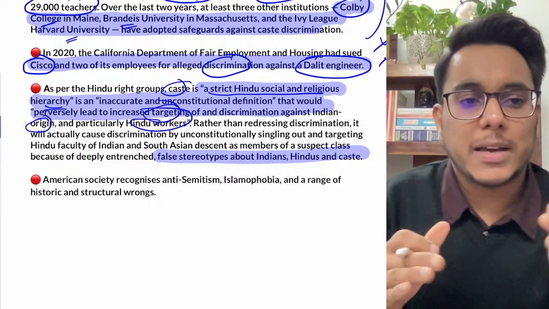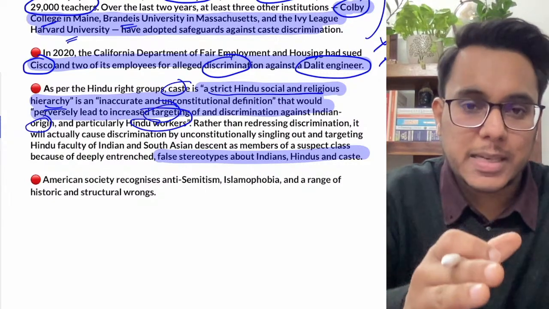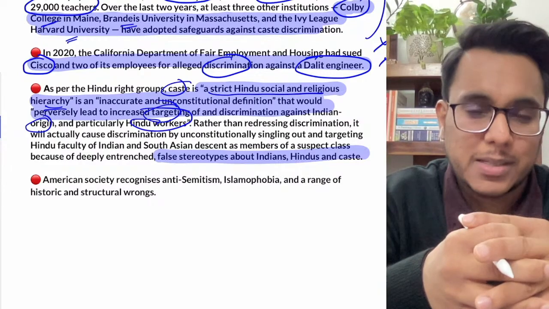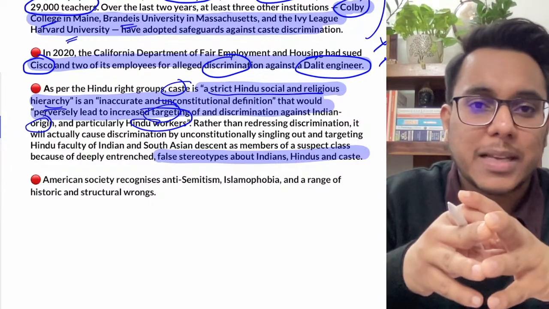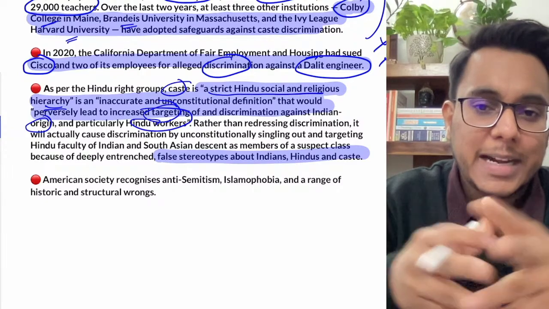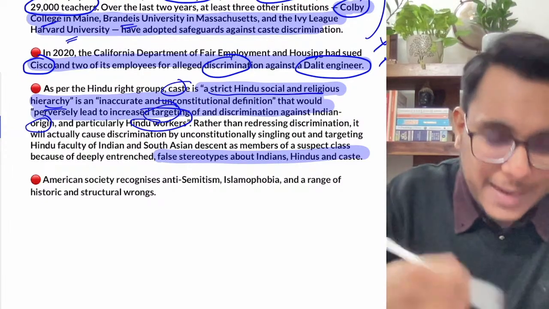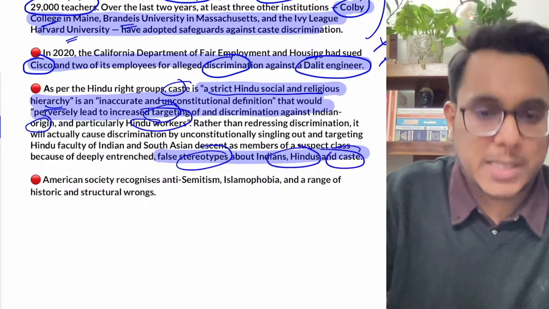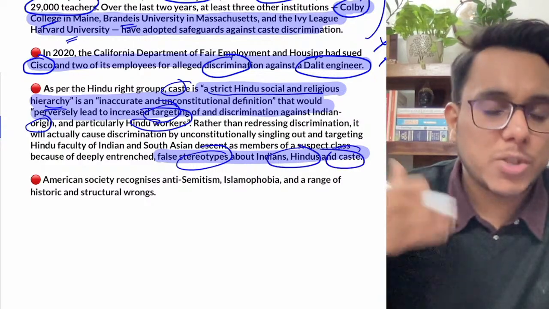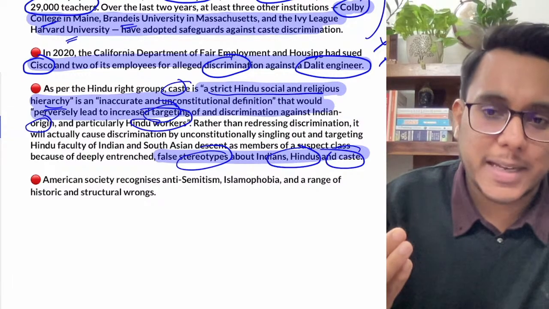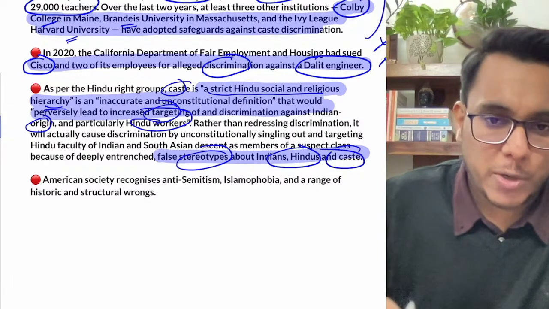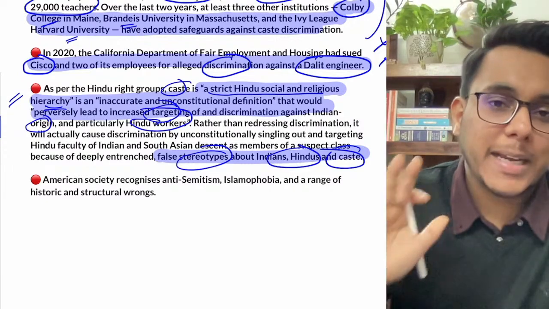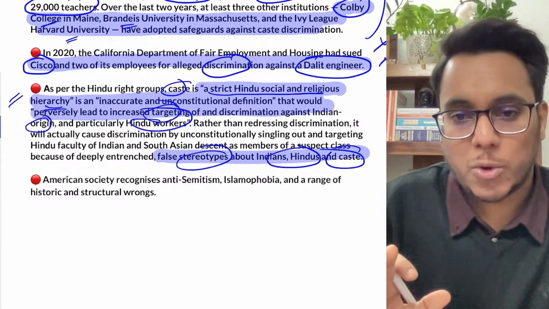Is it clear? Any worker can be targeted. You can just say, okay, we are removing you from the job. Why? Because you have discriminated on caste. So some people will be unnecessarily targeted, and it has been said that it will further increase the stereotypes against Indians, Hindus and caste. Is it clear? Still a lot of wrong understanding is there. It will further fuel such stereotypes. So they have said that it is wrong, and it will lead to the targeting of Indians and Hindus particularly.